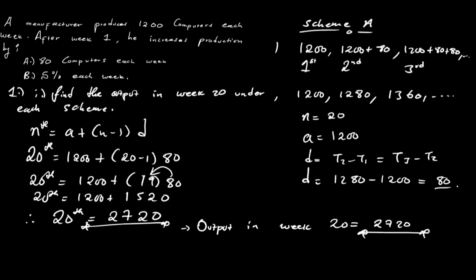And the second scheme is saying increasing by 5% each week. Now, what you need to understand is this. Every time you have a percentage and you are looking at the application of APs and GPs, just be mindful that this will give you a geometric progression. Now, we need to also understand one thing. If we're increasing by 5%, what do we mean? Remember, in the first week,